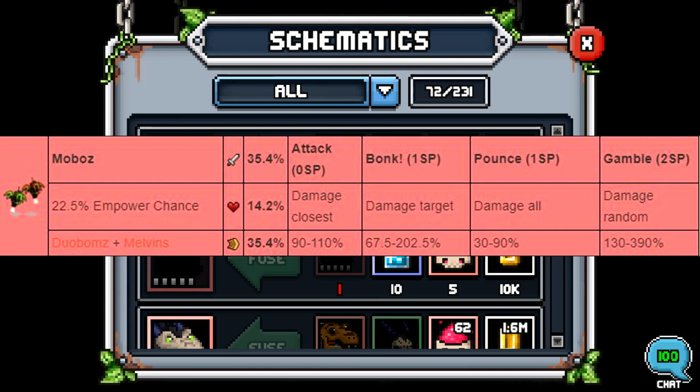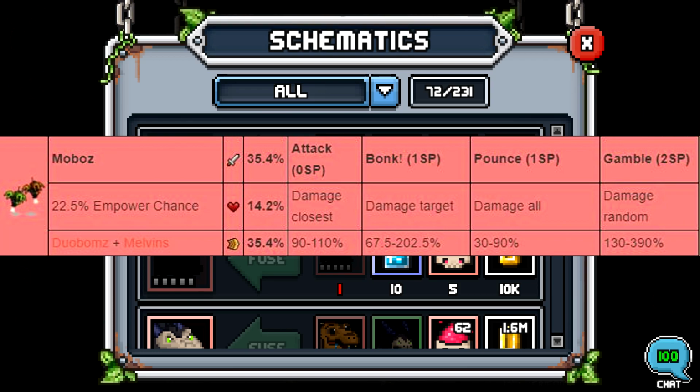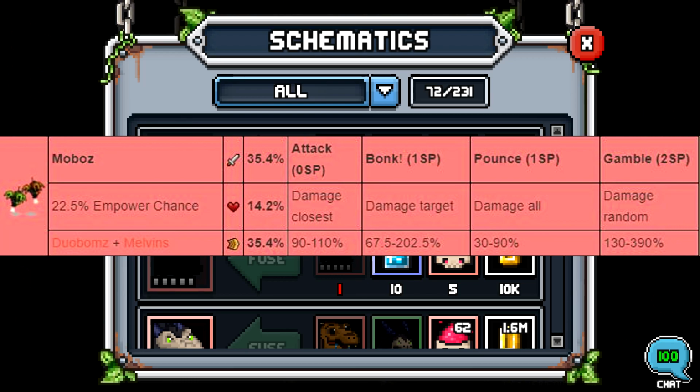Once you get Mobaz, you're going to be pretty good for PvP. He can empower, he has a damage target, he has a damage all, he has a damage random 2 SP. And if he empowers that damage random, they're dead. So that's going to conclude our list